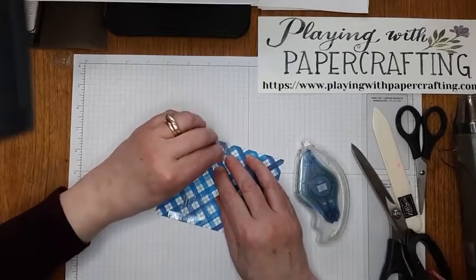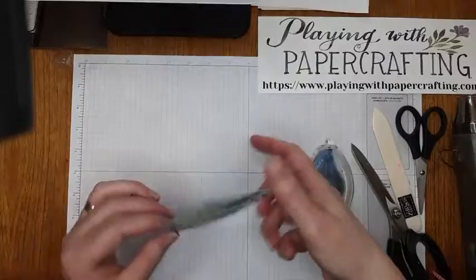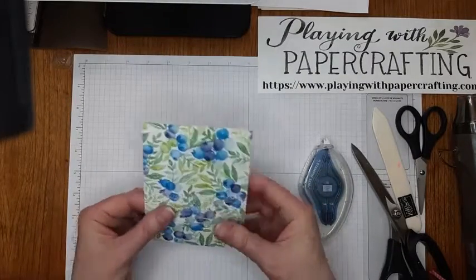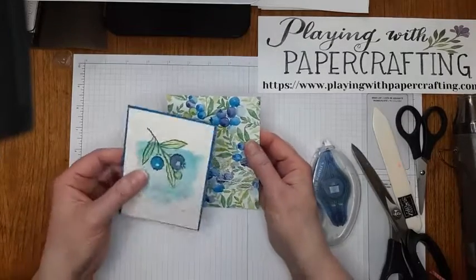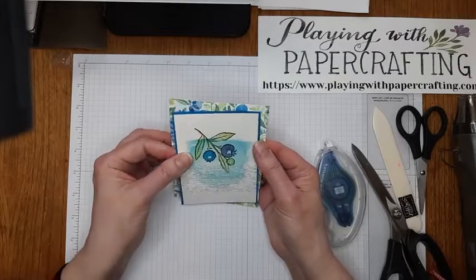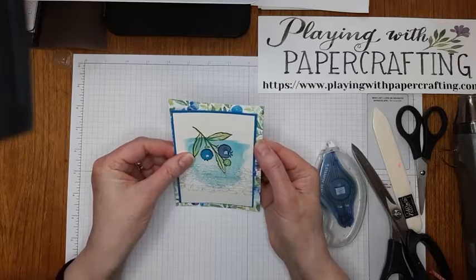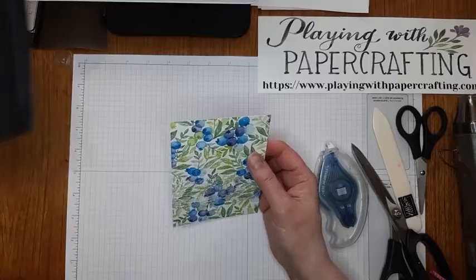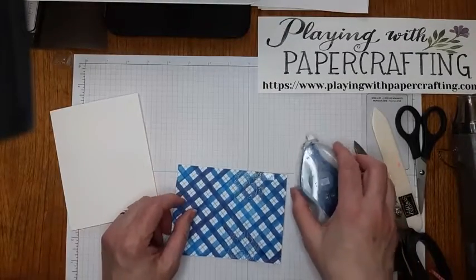Down just a little bit. The nice thing about this ribbon and the Seal Plus is that it's easy to take off again. So when we line these two up, those are pretty much centered. Okay, so that means that we can go ahead and add this to our